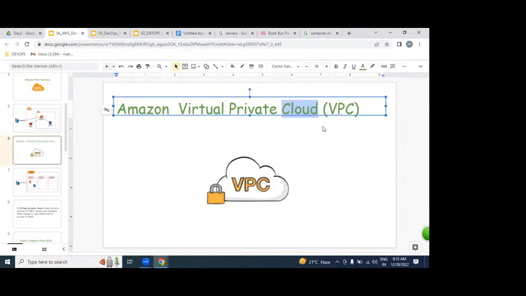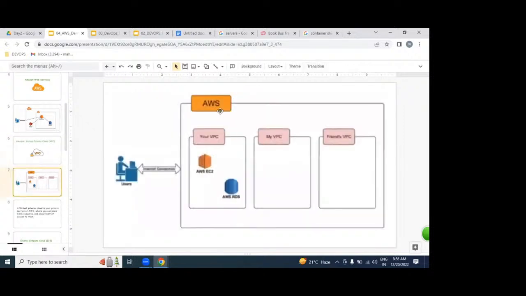That is nothing but a VPC. I'll repeat this. We are going to get an isolated, office-like private network from the internet. Cloud is nothing but the internet. So if we can access it in a virtual form from your laptop, that is a VPC. For example, anybody, you or me, can get into AWS, but we can have a private network, private sections. So your VPC, my VPC, your friend's VPC.